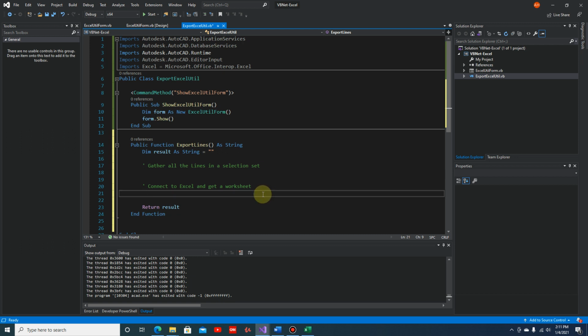We can do it here to connect to Excel, but since we are going to extract different objects, like we have to do another extraction method for mtext, for polylines, so we might as well create a separate function that will provide us the spreadsheet or the worksheet that we need. So in this case,